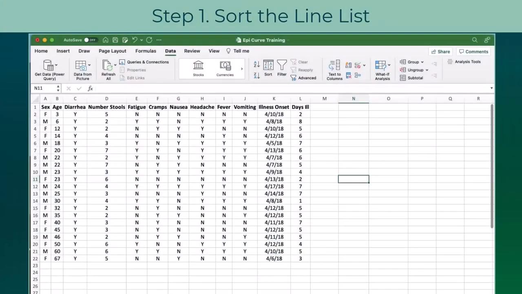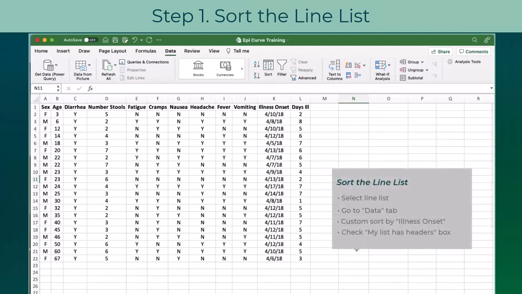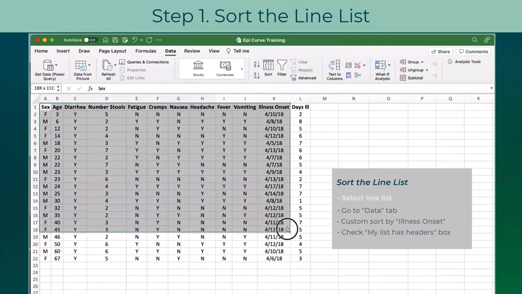As you can see, I start with a line list of information about cases during an outbreak setting. The first step to creating an epicurve is to sort this line list by the onset date column. This step is optional, but it makes it easier to see when the earliest case became sick and the latest case became sick, and makes it easier to count the cases. So I'm highlighting the whole line list of information,